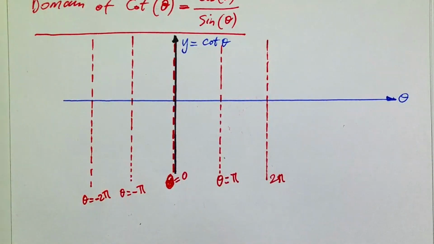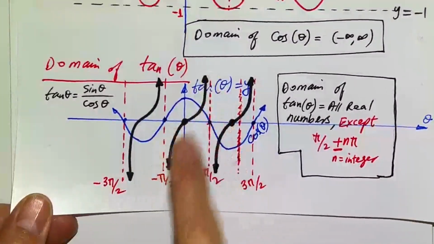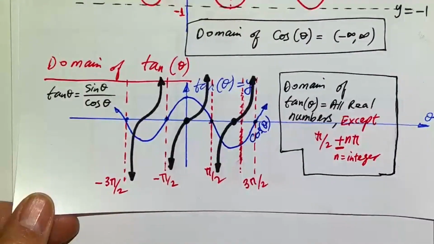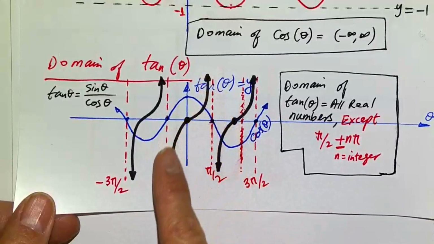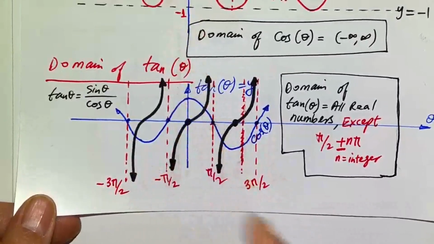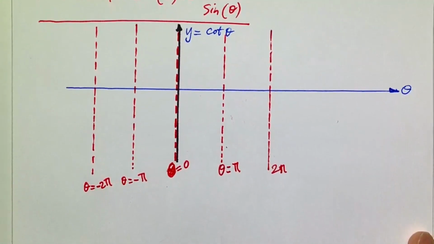Okay, so the graph of the cotangent function, in terms of the way it looks, goes in the opposite direction. Let me bring back the graph of the tangent function. The tangent was going like that, right? And also the asymptotes were different than cotangent. But the point I'm trying to make is, tangent was going like this, and now cotangent is going to go like that. It's going to reverse itself, but it's going to stay within its own asymptotes. That's very important. And these are the asymptotes for the cotangent function.